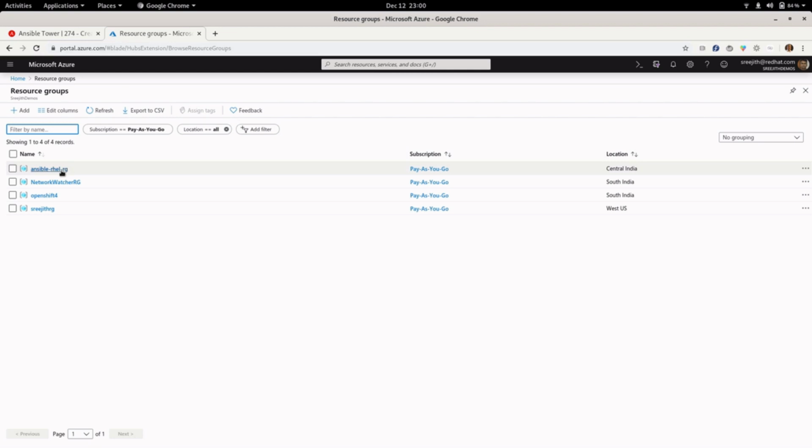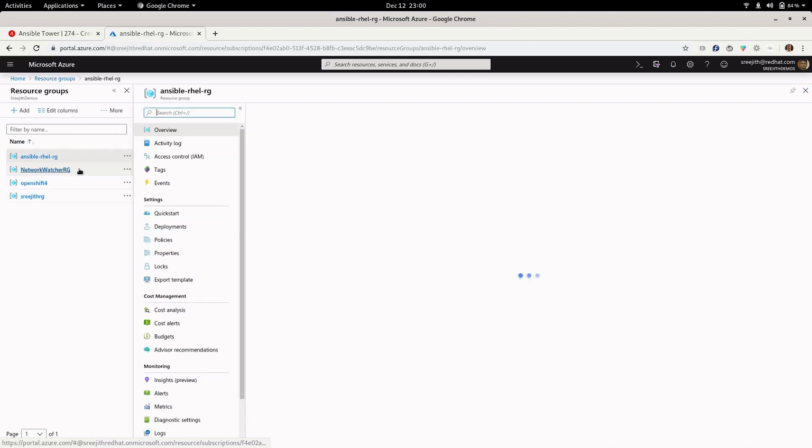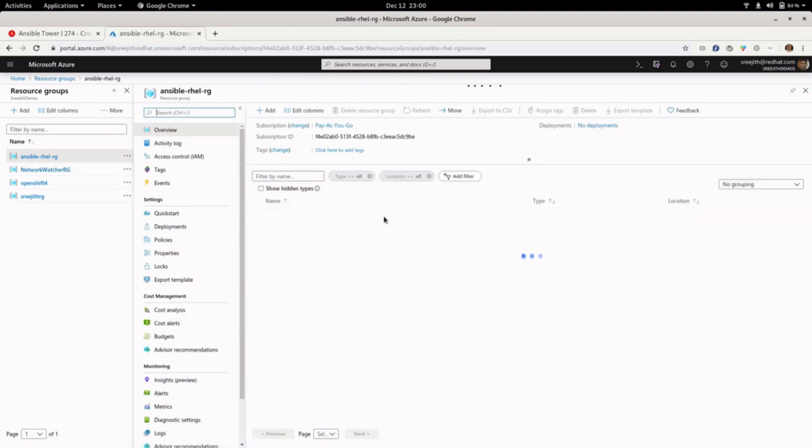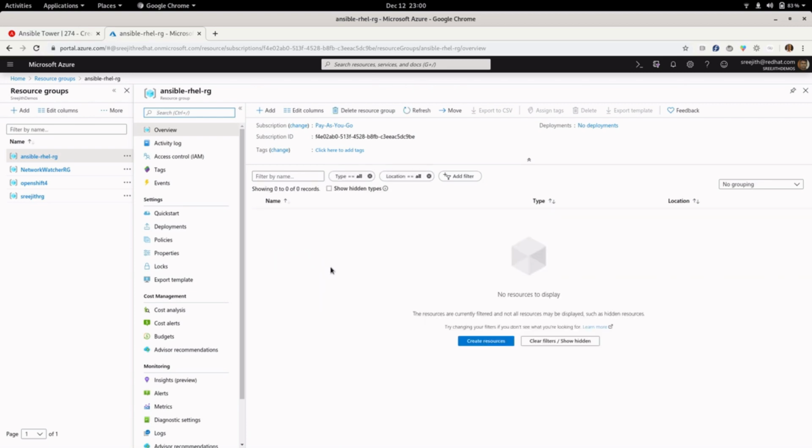So to see these resources being created inside the resource group, we can click on the resource group Ansible RHEL RG, and momentarily you would be seeing these individual resources like virtual network, subnet, and IP address, and the network interface card being created.